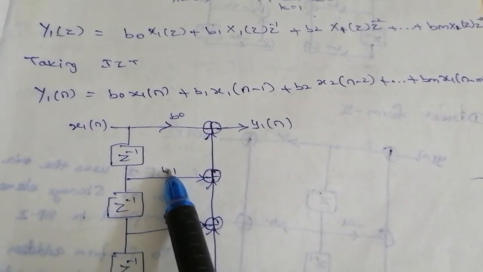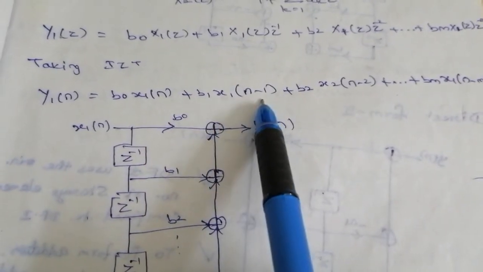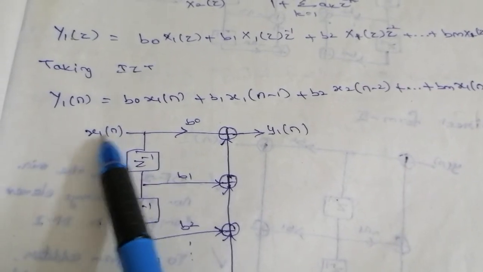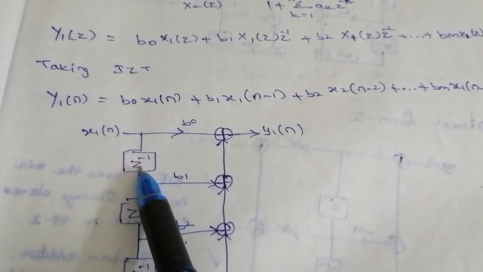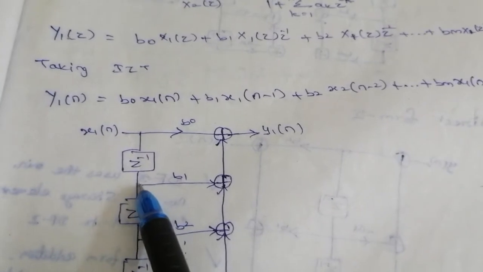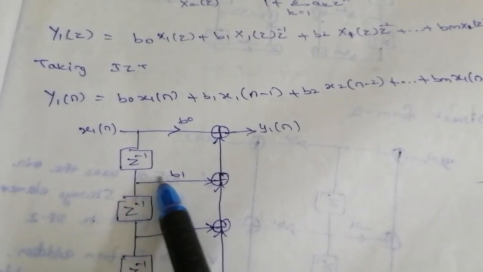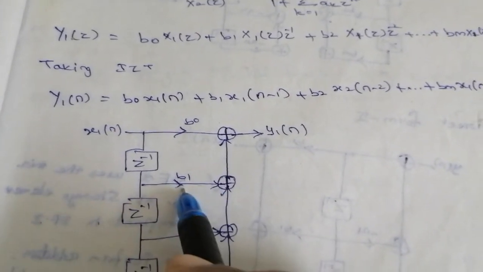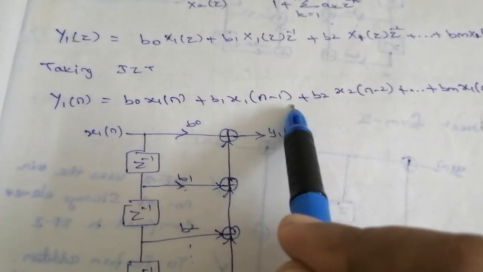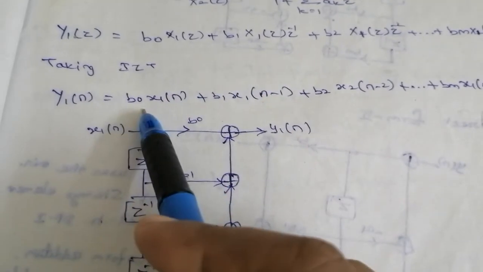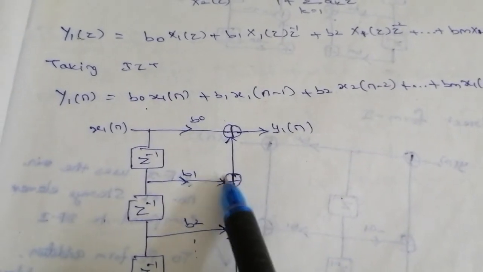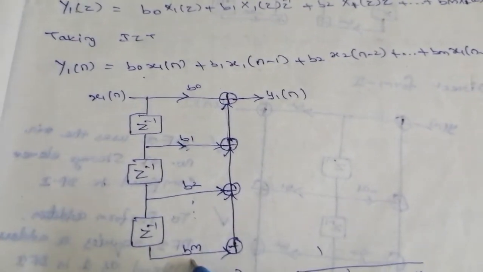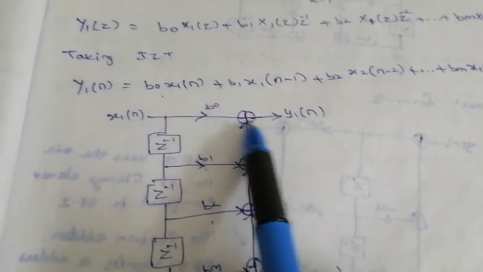Which is nothing but the input is the delayed version of 1. So we have to use the delay symbol z minus 1, because this is x1(n) which is multiplied with the delay. We get here x1(n-1), which is multiplied with p1. We get the second term p1 x1(n-1), which is added with the previous term. So we are using one adder symbol added with the previous term. So likewise the third term, the final term. Is it clear? So the output is y1(n).